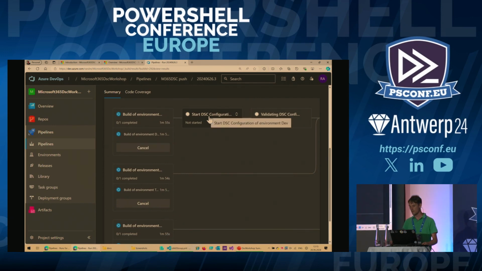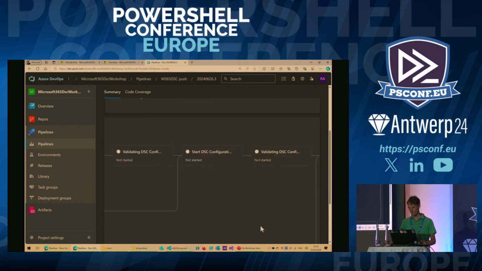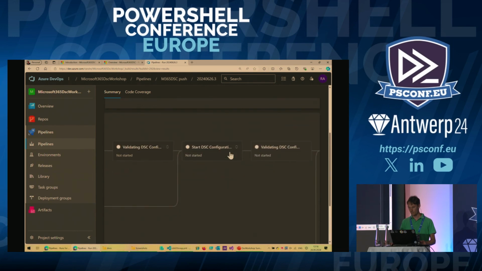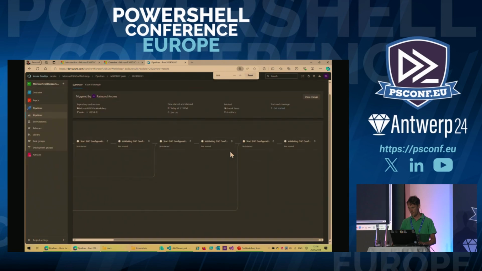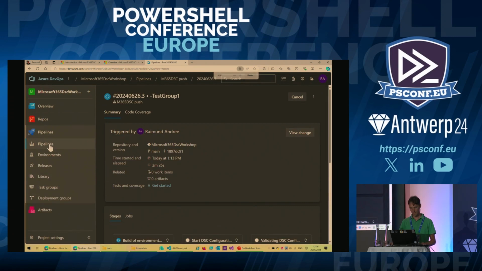And if the application succeeded, then we are validating the configuration, making sure that everything is as expected, as is defined in the desired state, right? And only if that all happened, we are moving forward to our test environment. Let me zoom out a bit. Then we are moving forward to the test environment and then to the prod environment. And the nice thing here is this concept is pretty much extensible,